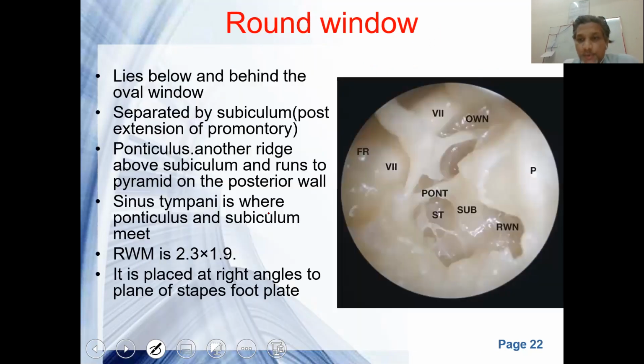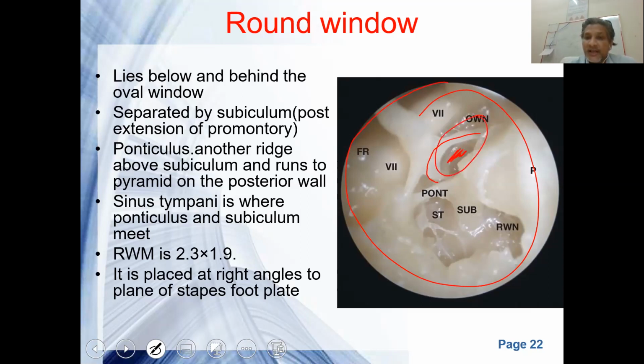This is again a bony specimen, a cadaveric dry temporal bone specimen, again highlighting the middle ear in detail. You can see the arch of the footplate of the stapes. This hole is the footplate, and above the footplate and underneath the lateral semicircular canal will be the facial nerve.